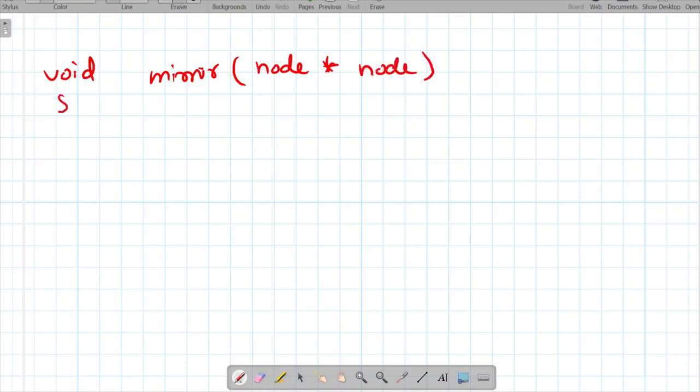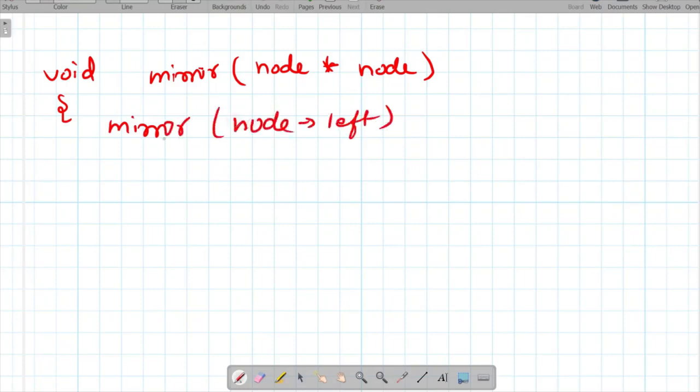The condition will be simple. If we have a function called mirror, it will be of void type, because we just have to swap the positions and we don't have to return anything. First of all we are going to call the same function for the left subtree and for the right subtree.